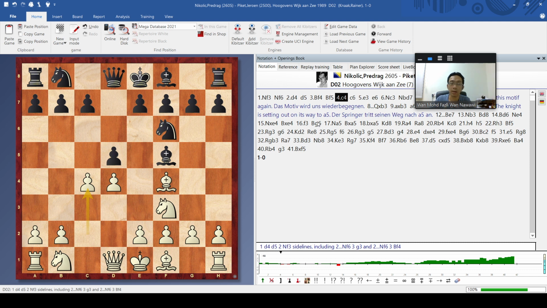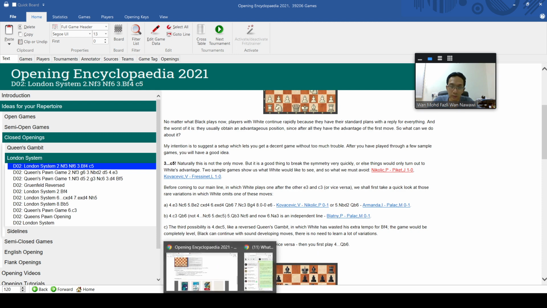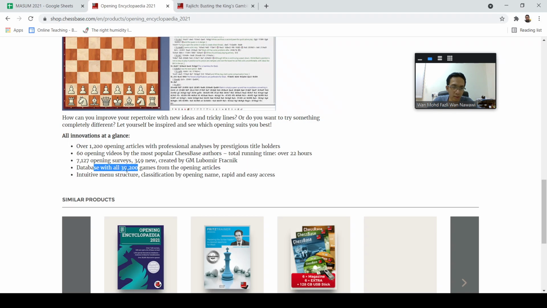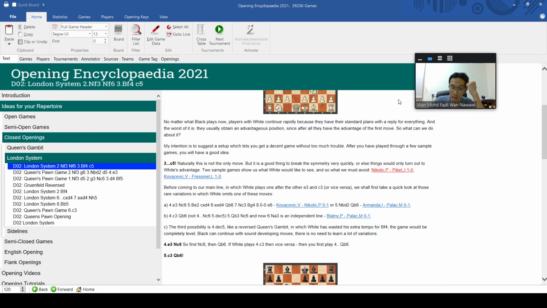So apart from getting this opening encyclopedia, you also get the games together with it, the database. But of course, the database in this encyclopedia is just what they put in, around 40,000 games, and so on. So that is the opening encyclopedia, so you know what all of this is.